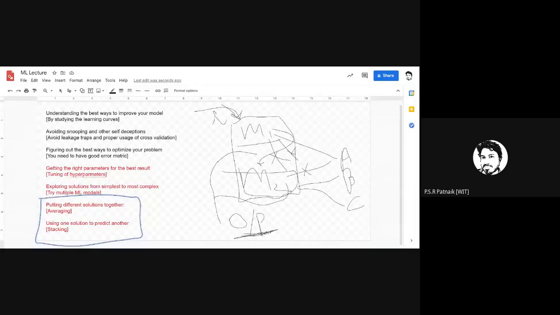Due to that, it is left out. But actually, this is a real-world machine learning skill. Everyone needs to know how to build hybrid ML models, because rarely will you find an ML problem which can be solved by just one single algorithm, because real-world tasks are very complex.